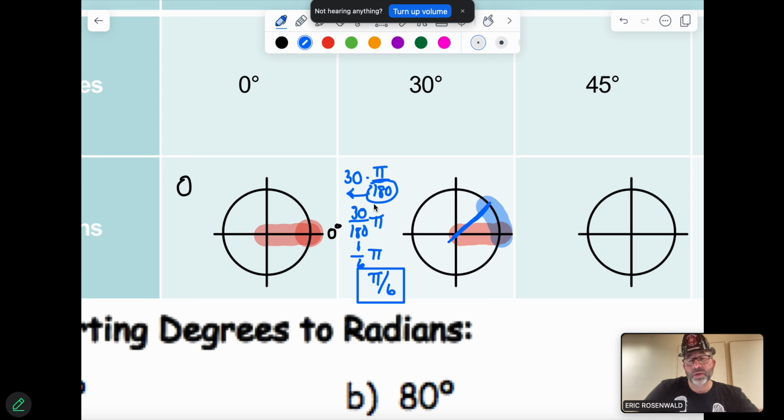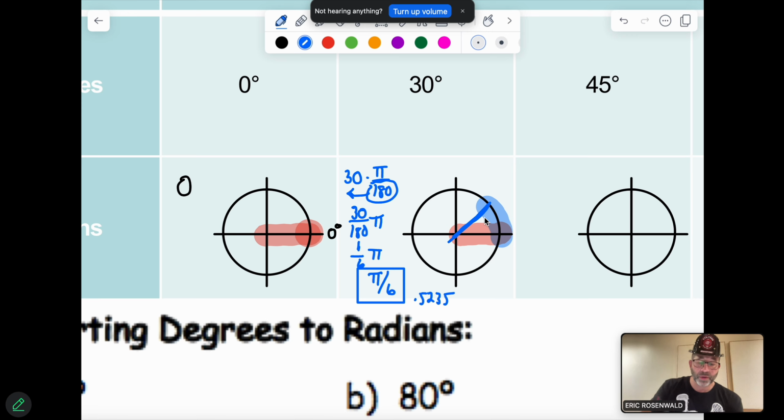Now, let's check this, okay? We said that this should equal approximately 1 radian. And if we go ahead and do this, let's take pi and divide it by 6. Pi divided by 6 is equal to 0.5235. So that's actually a little less than half of 1 radian. So I'm a little off as far as how this is getting measured on here because it's so small. But the actual measurement of 1 radian is if I was to take 180 and divide it by pi,